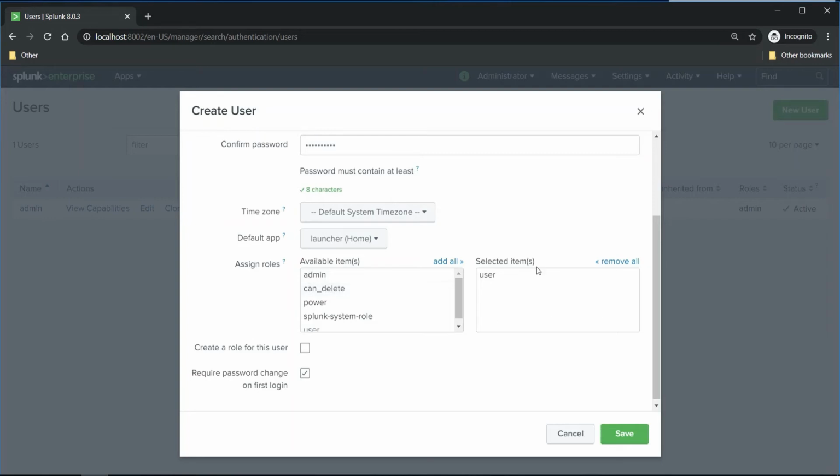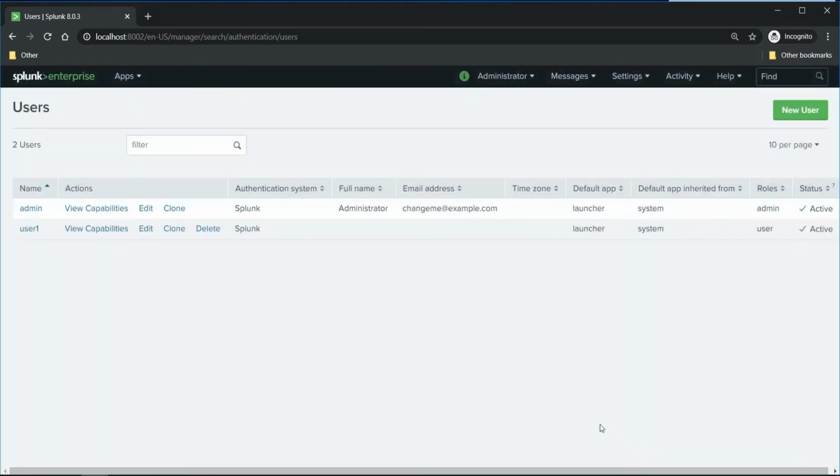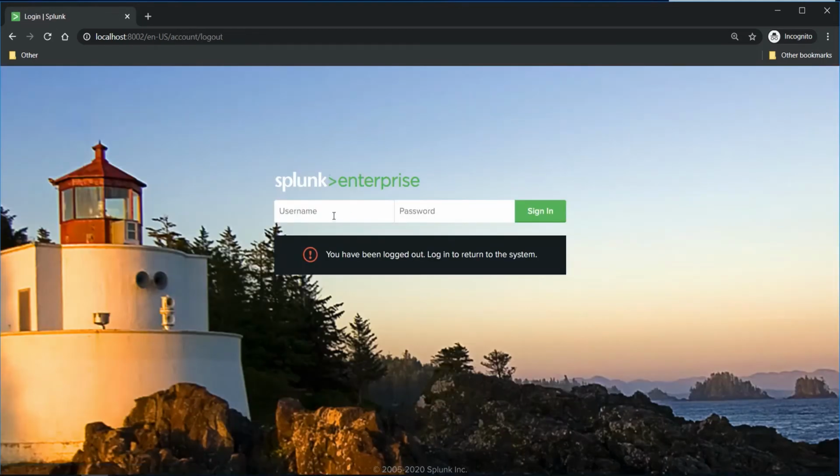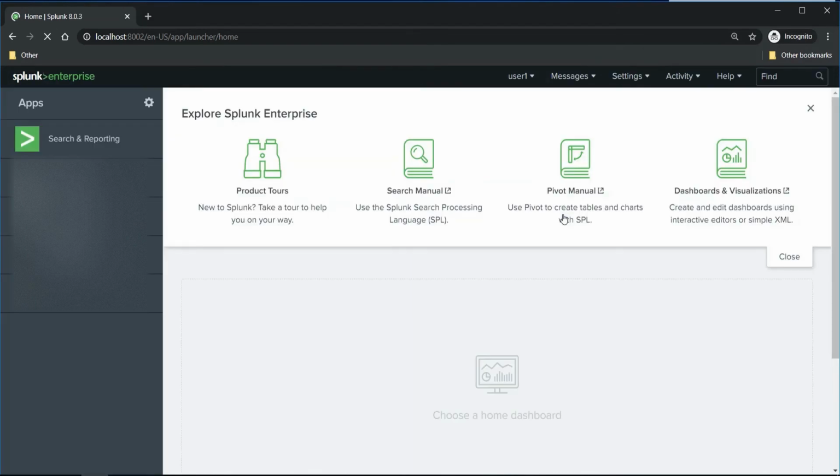For the time being, I'll keep the default and move further. Here I'll uncheck this because I don't want to change the password on first login, and I'll save it. You will see user1 has been created, and you can log out from this admin user and see whether you can log in with this user. So yes, it is logged in.